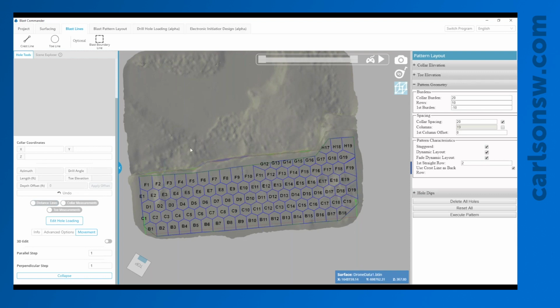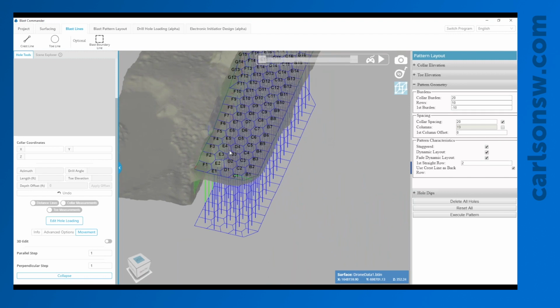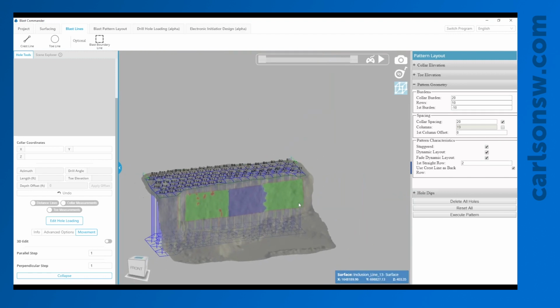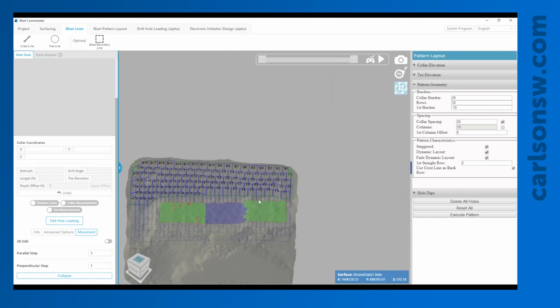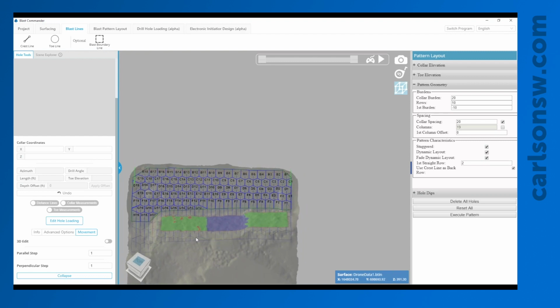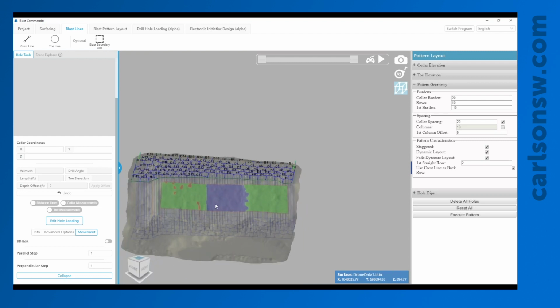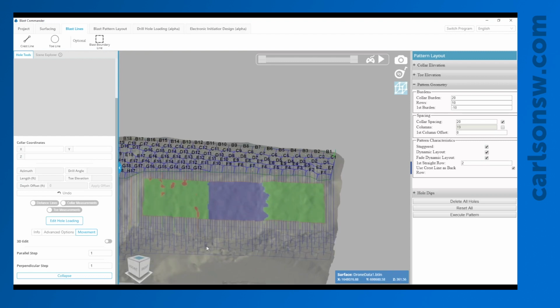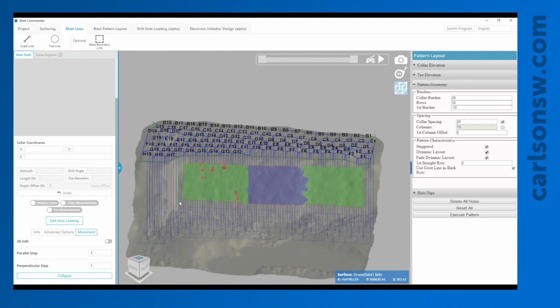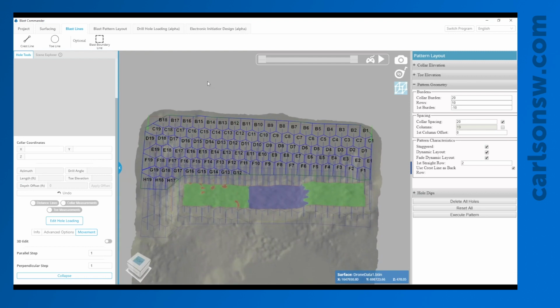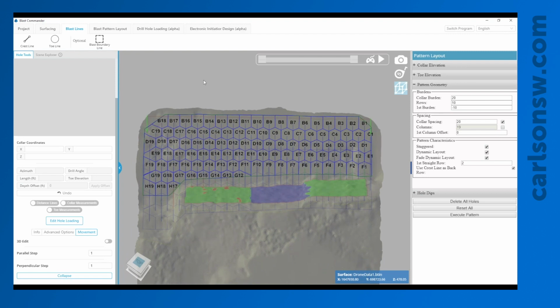So it's all a matter of how you're designing your blast, what approach you want to take, and actually it worked out pretty well considering. And from this, there's a few things we could do. Under blast pattern layout,